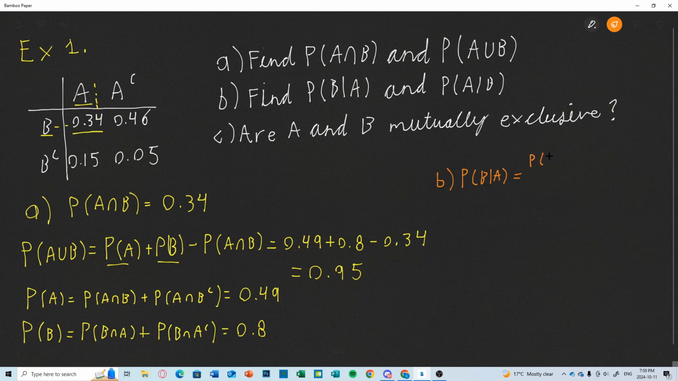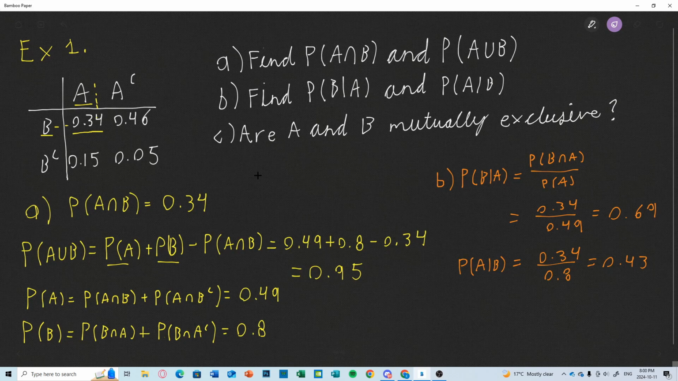Because this will be the probability of B and A divided by the probability of A, which we already have from before as 0.34, divided by our probability of A, which is 0.49, which gives us 0.69. And then we'll find our probability of A given B, which is the same top of 0.34, but our bottom, instead of the probability of A, will be our probability of B, which is 0.8, which will give us